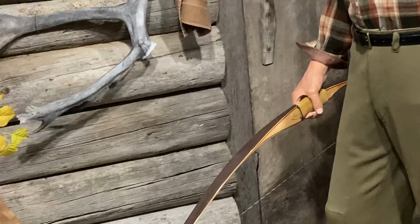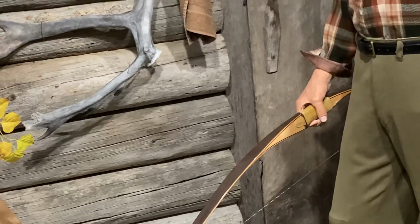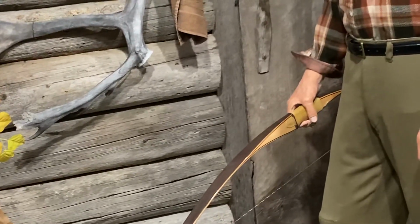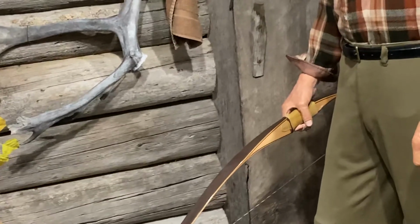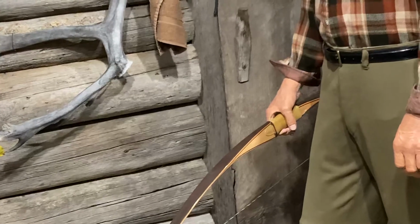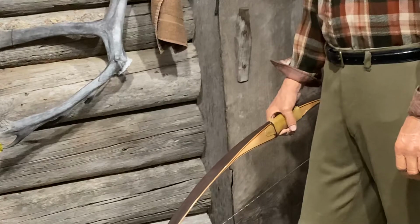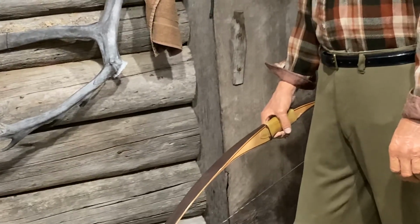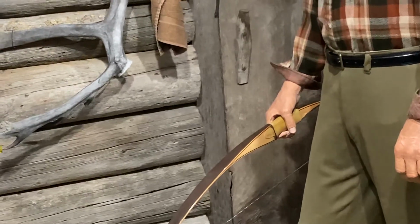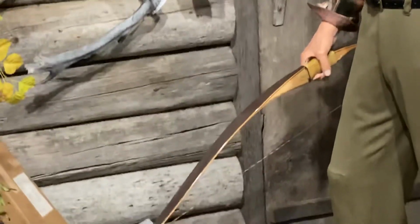So in order to get this bow in his hand, I had to saw off Fred's fingers and then put this bow in and glue his fingers back on. I'm sure Fred's okay with that. I think actually, Glenn, we sent the only left-hand bow that we could find when we sent stuff out. But it was one of the modern style of bow, and this was Fred's version of the double-sided